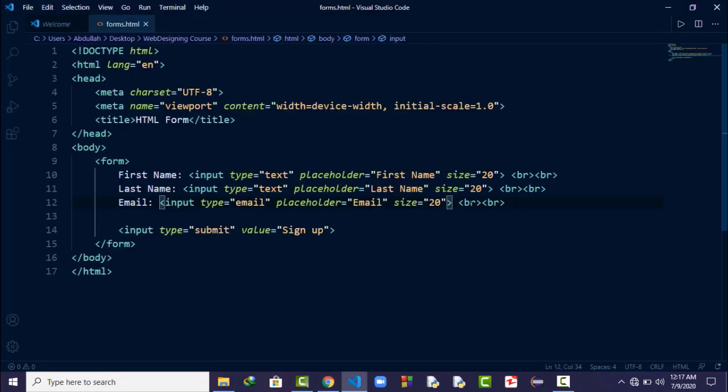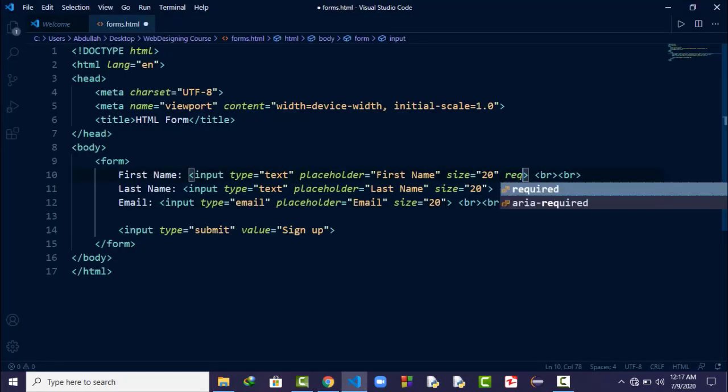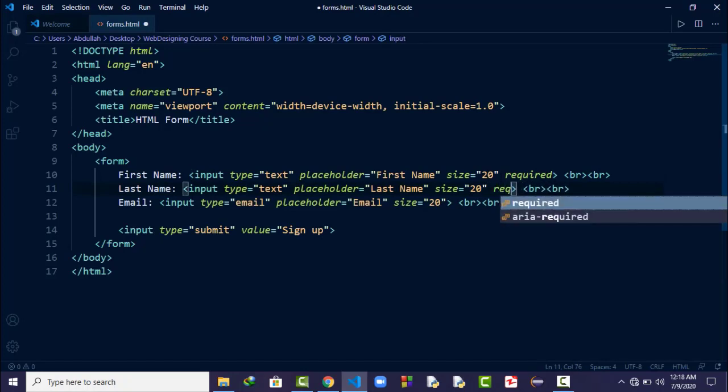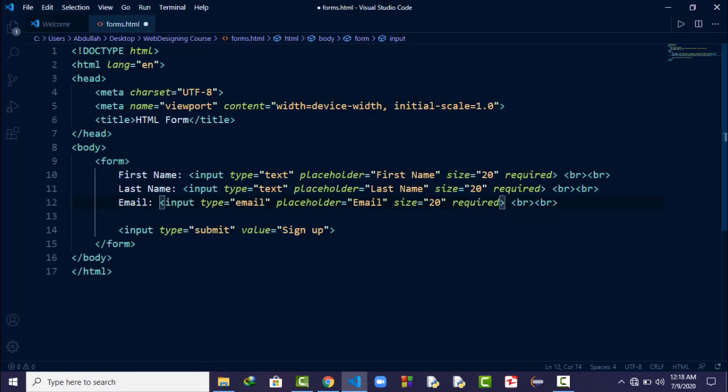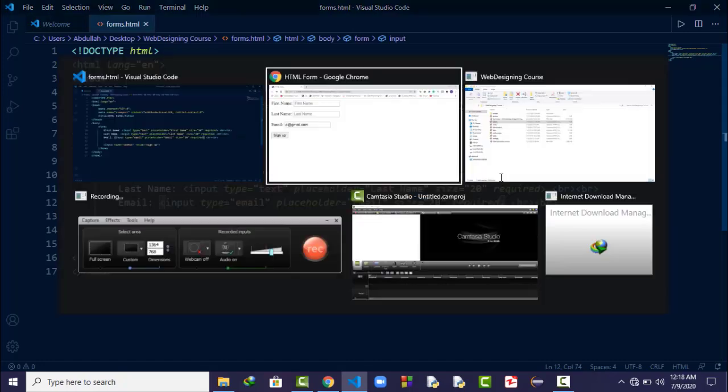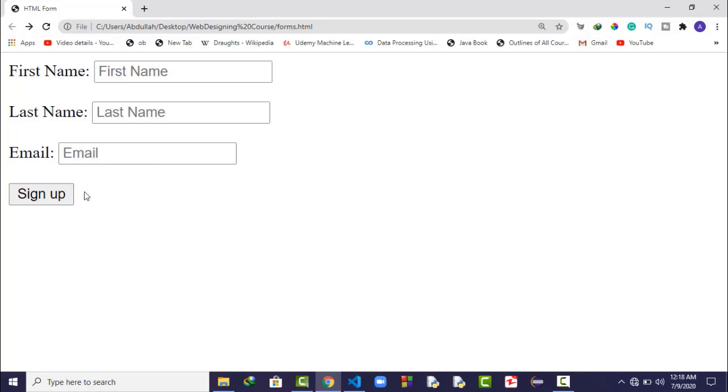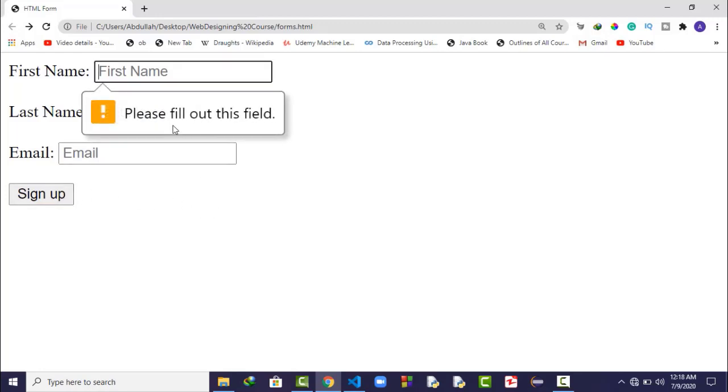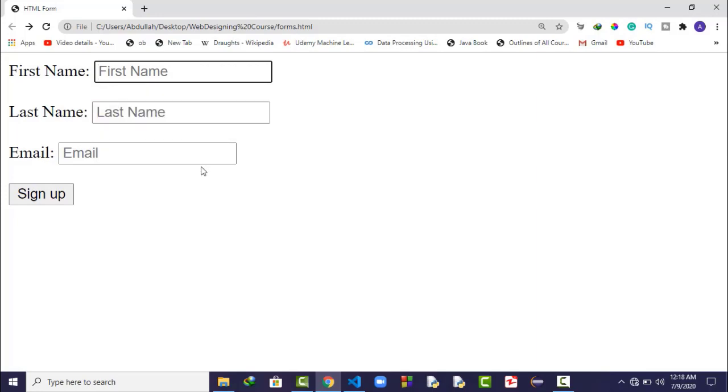To achieve this, we can add an attribute which is required here, and we can add a required attribute in the email address as well. So if I save this file, go back and refresh it, now if I click on this, you can see: please fill out this field. Now all these fields are important and the user must fill these fields to sign up.